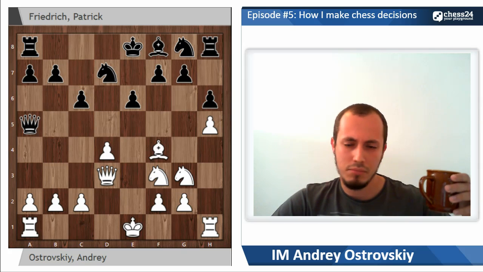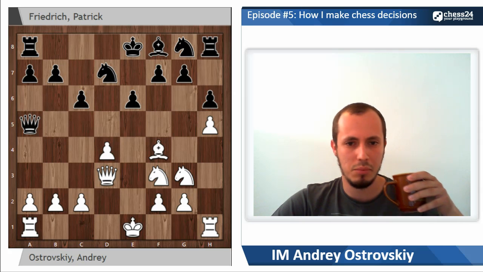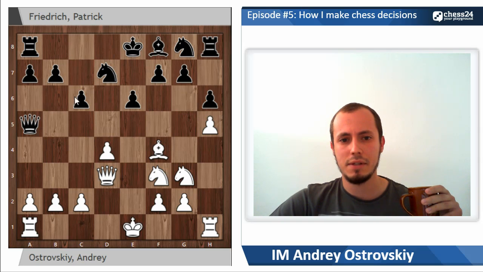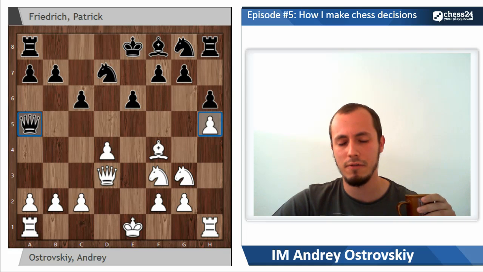It is quite a typical move because black prepares castling long in many cases. At the same time, from a5, as you can see, the queen challenges my pawn on h5. So despite being quite